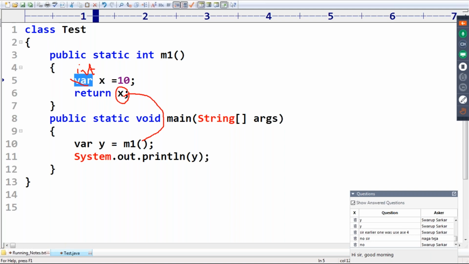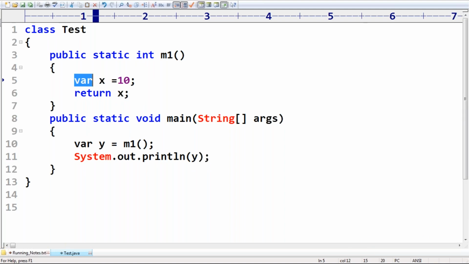Now this int value 10 is coming here. Sir, the return type is always int, as you already provided. Based on this return type, this var will be replaced with int y. So SOP of y means we are going to get 10.